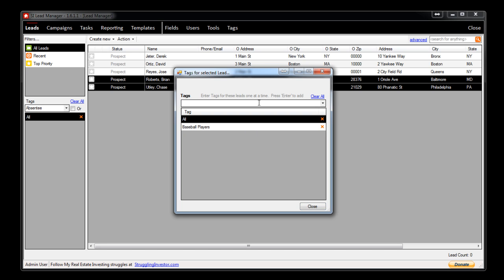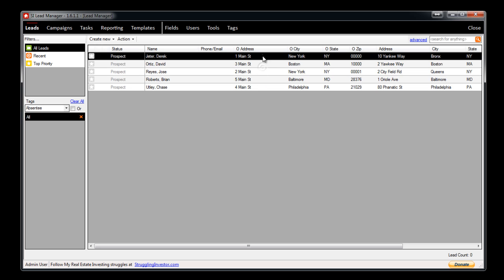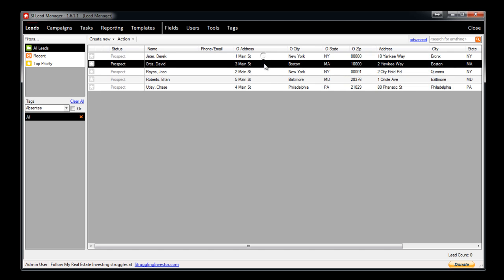We can add a new tag. We'll add second baseman, because these people are second basemen. Add that, correct, close. So that is how you can add tags in multiple ways, in groups and bunches. You can also delete. It's a great way just to organize your leads,